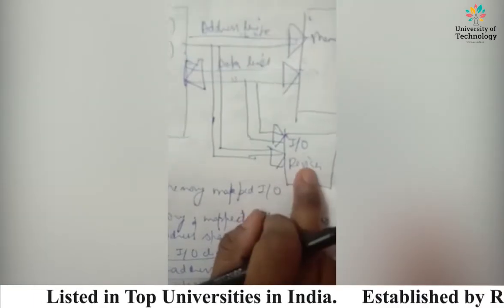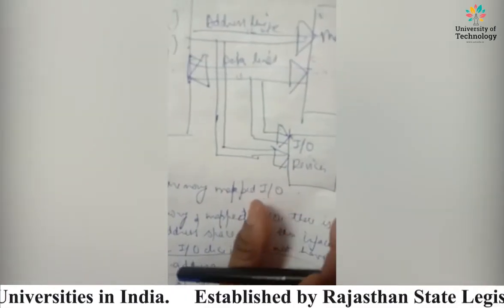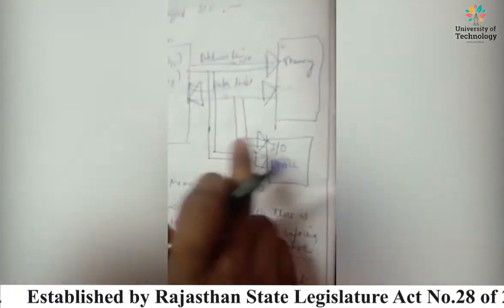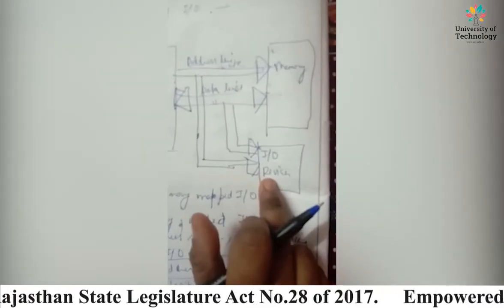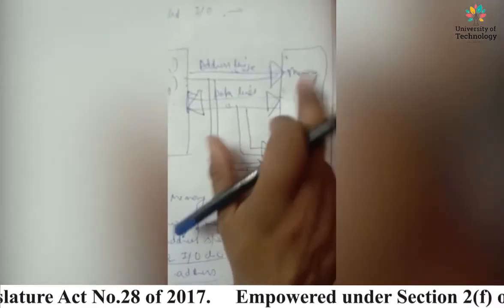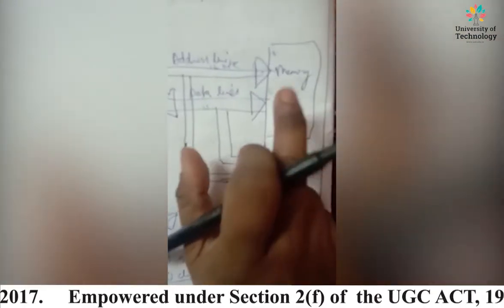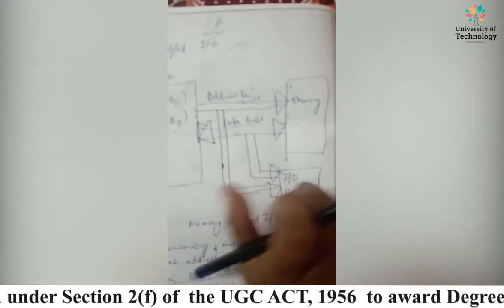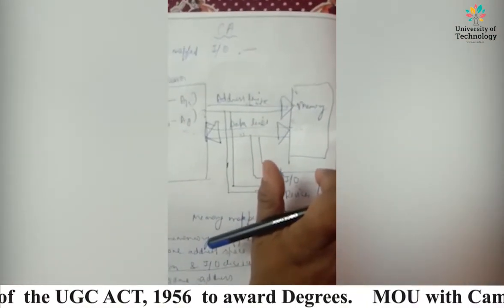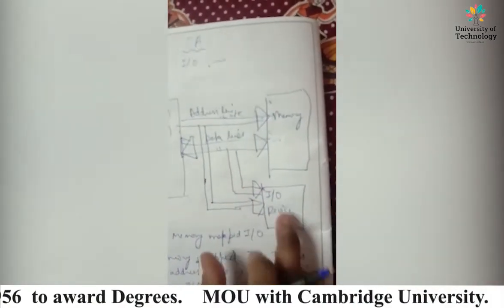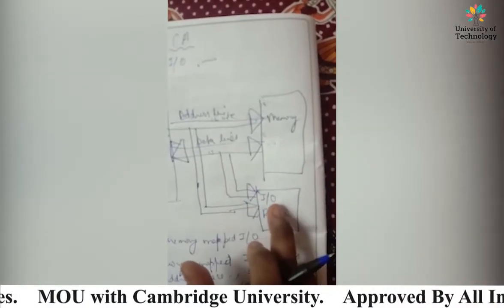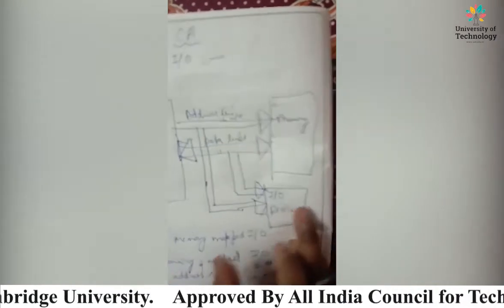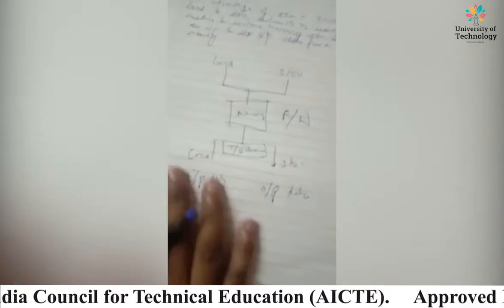So the addresses for input output devices are different from the addresses which have been assigned to the memory locations. Whatever address has been assigned to the input output devices, it's going to be different from the address which has been assigned to the memory, right? So addresses are going to be different. Hence, the input output devices can be treated as memory locations. That's what it was all about, right? I think this much is clear to you.